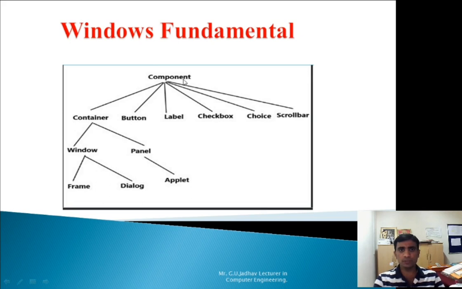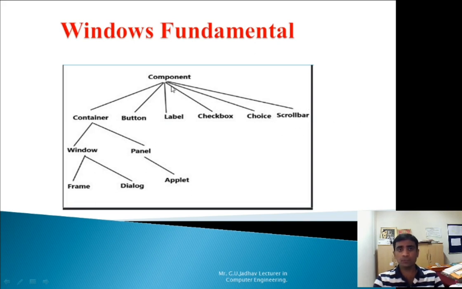That Component class has a number of child classes. From the left side it has shown a Container class, then Button class, Label class, Checkbox class, Choice class, ScrollBar class, and so many classes with the Component class.